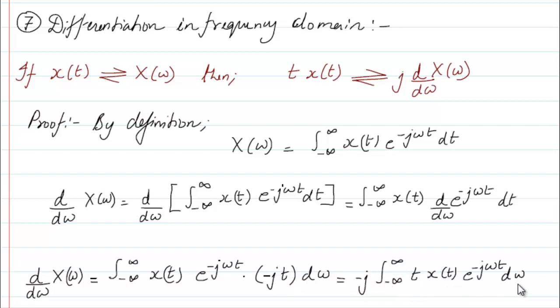Now tell me, what is this equation? This equation basically represents the Fourier transform of t x of t. Just make one thing sure, this dt I have written here as d omega. This should have been dt, and this omega also should have been t. Please make that correction. Please don't repeat that mistake. This is going to be dt here, it's not d omega. Anyway, that equation will be the Fourier transform of t x of t.